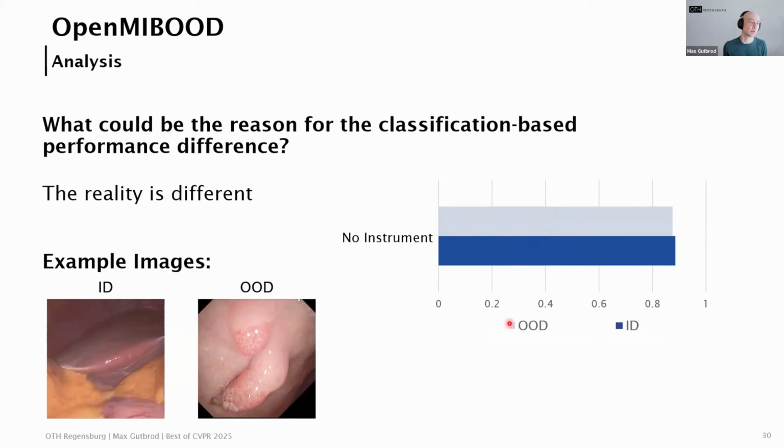But of course, this also makes it impossible to use classification-based statistics to differentiate between ID and OOD. So we think this is just a problem of the medical imaging domain, where we often need such a, let's call it, fallback class. If the model only really focuses on the instruments, in this case, it can just put everything else under the no instrument class, even OOD data, with a high probability, which in turn makes it impossible to differentiate.